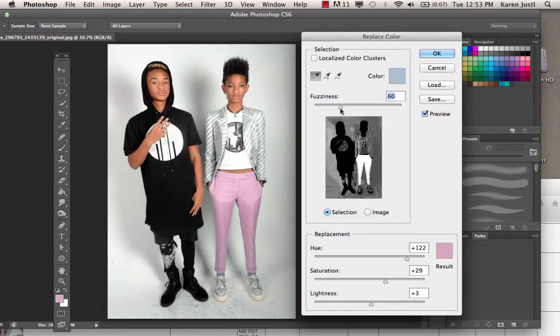So if I take that fuzziness down quite a bit, you can see that the selection is going to be primarily of those trousers. So we will see mainly the change in the pants. You can see that the pants are changing color, but the background absolutely is not. So replace color works really well if you need to adjust the fashion sensibilities of your subjects in your image,